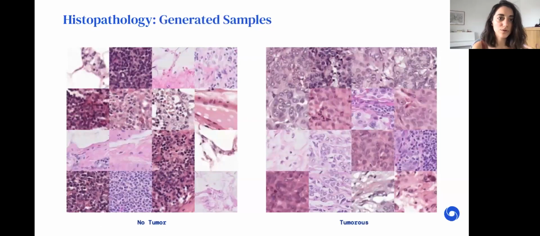Here we show some examples of generated histopathology images when conditioning the diffusion model on positive and negative diagnostic label with respect to tumor. We can clearly see the differences between the 2 classes. Images generated for the label tumor look more like epithelial cells with larger nuclei compared to normal cells, and healthy cells look like normal lymphocytes. It is worth noting that the results shown on this slide do not use any real data and only synthetic data.